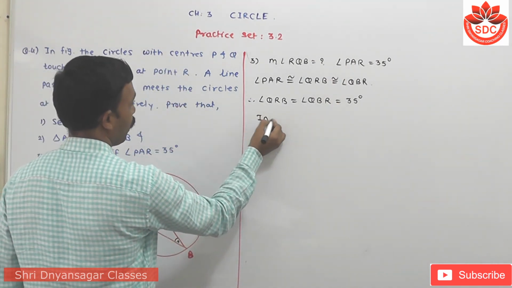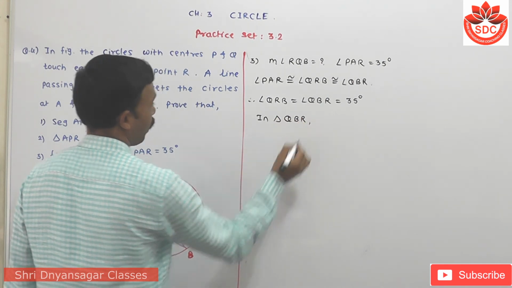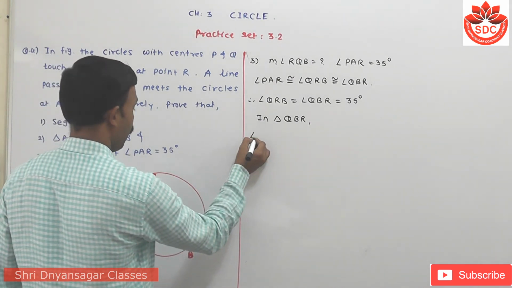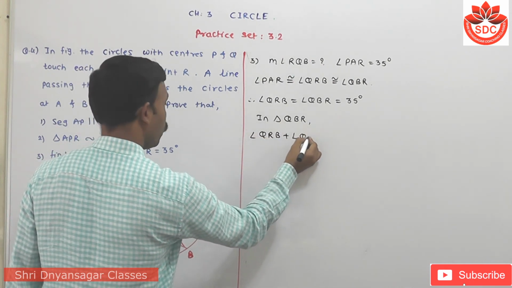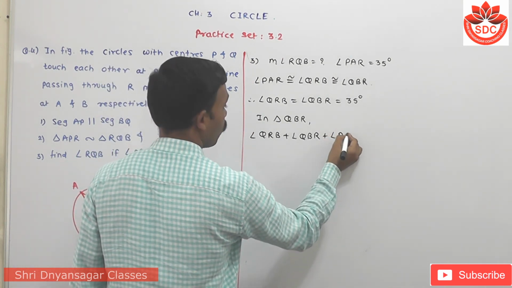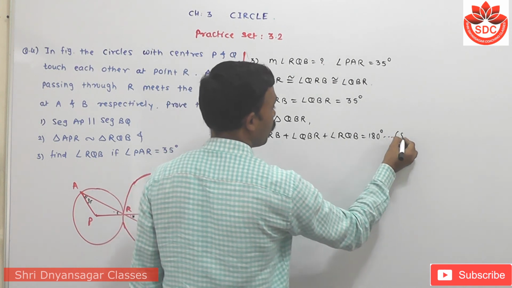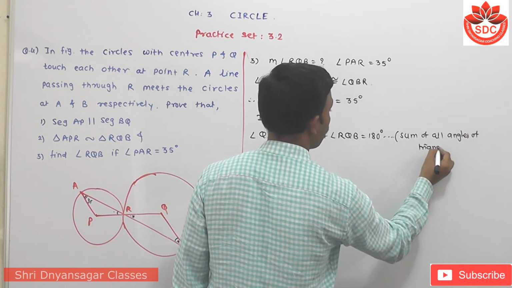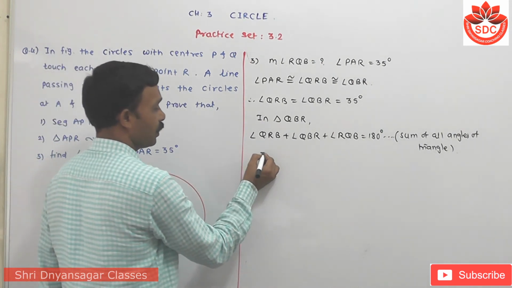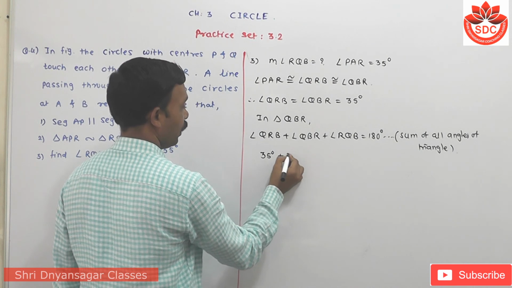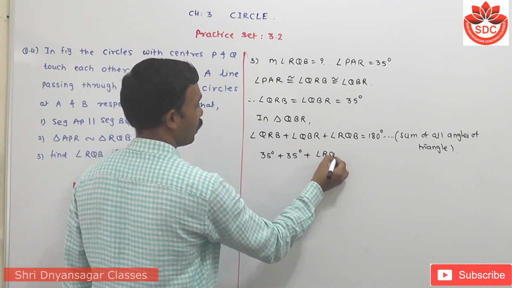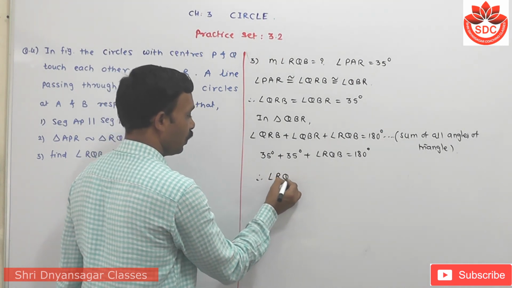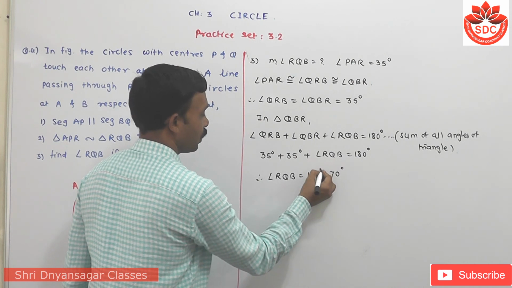So in triangle QBR, sum of all angles of a triangle is 180 degree. So angle QRB plus angle QBR plus angle RQB is equals to 180 degree, because sum of all angles of a triangle is 180 degree. So this value is 35 degree, then this is also 35 degree, plus RQB as it is, equals to how much? 180 degree. This addition is 70. Transferring directly to this side, we get that angle RQB is equals to 180 minus how much? 70. Means that angle